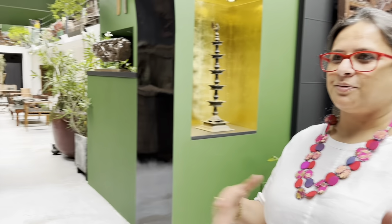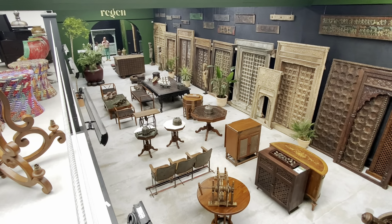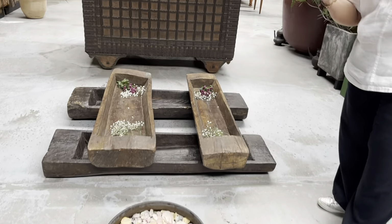two partners, Adish and Gabor. I joined a little later, but I have a little bit of a background in this and an interest in these kind of pieces. So they bought their first container about 3 years ago, pre-COVID, and they were looking at trying to sell these wonderful pieces to the market,